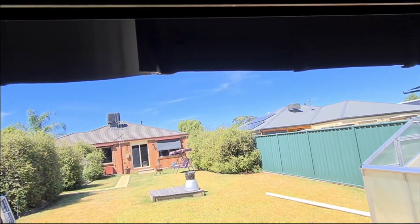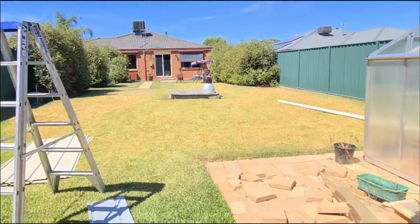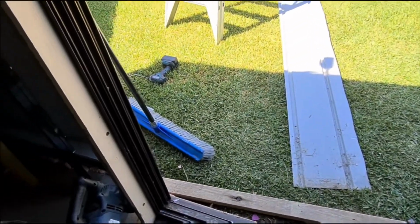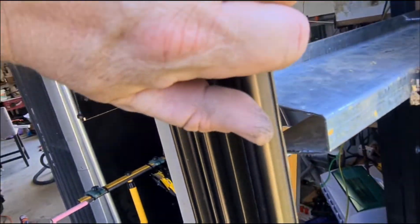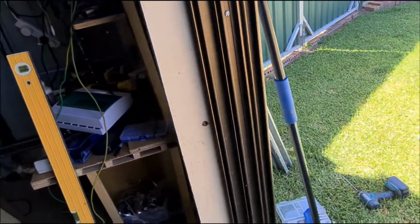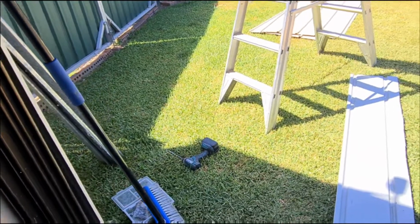It's not going to go anywhere anyway, but I'd like to have it all sorted. And then we just put the glass in and away we go. And then we just got to put our corner covers on to make it look nice and neat and spiffy. And I could only get 1 metre to 1 metre, so it's not going to be perfectly spiffy, but it's a shed, so yeah, it's